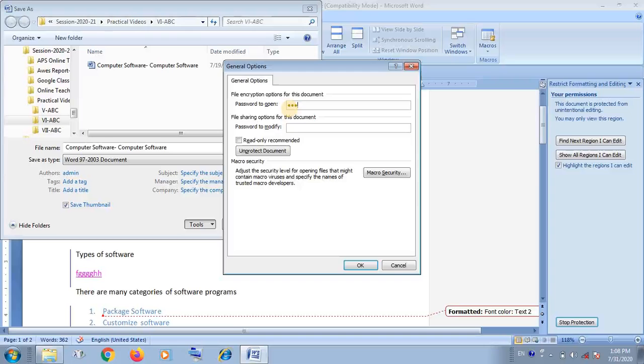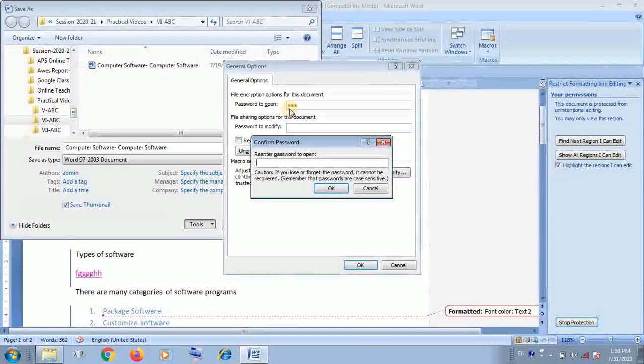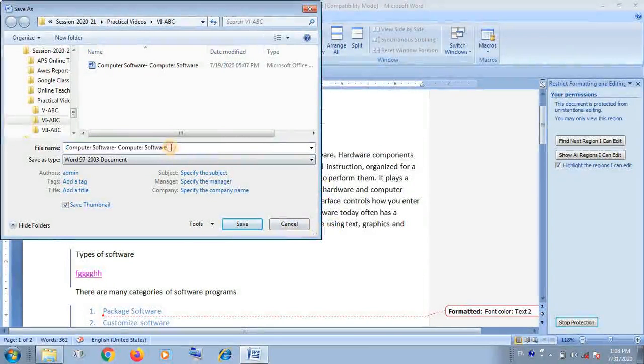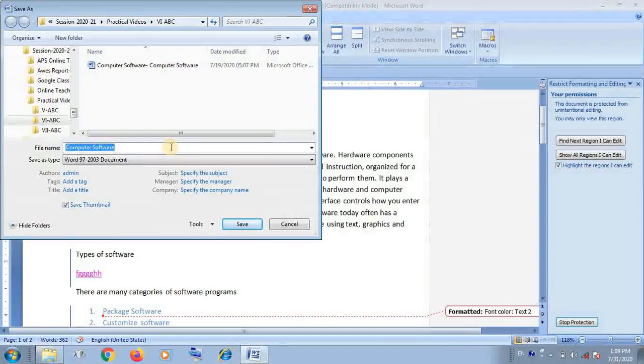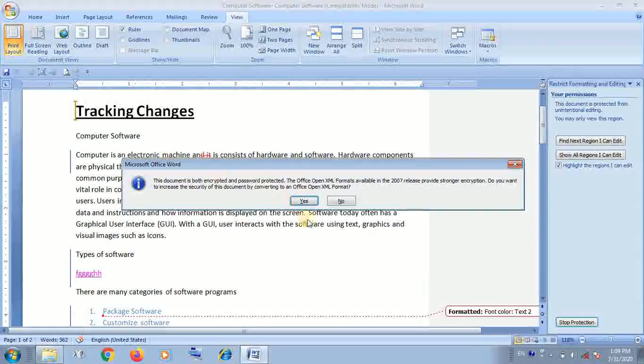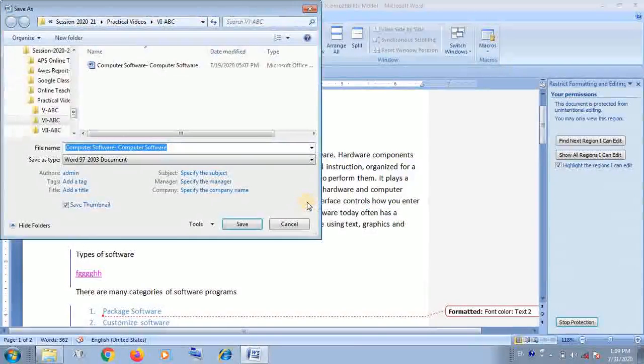My children, it is necessary to protect our content from display. Before looking at the content, you have to enter the password. You are looking here, I have changed the file name, computer software, and I have saved this file.